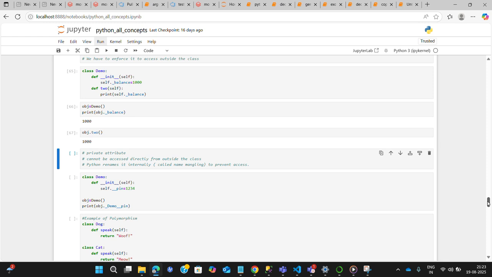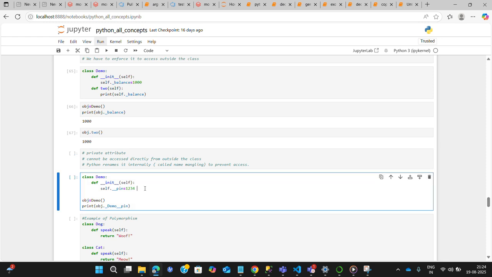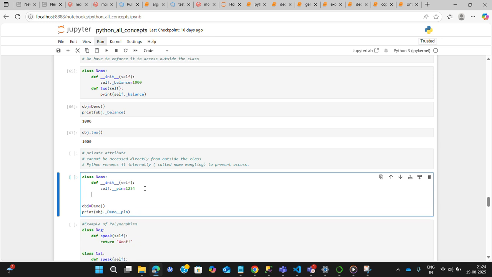A private attribute cannot be accessed directly from outside, because Python internally renames it to prevent access. But I want to see whether I can access that variable within another method.